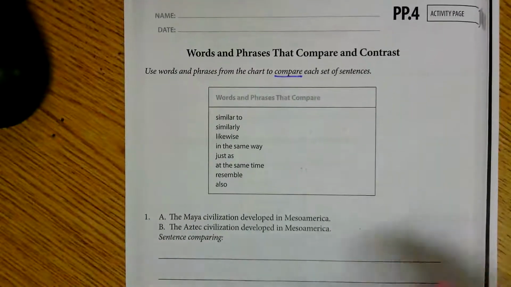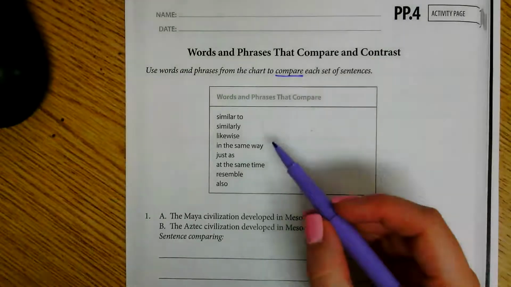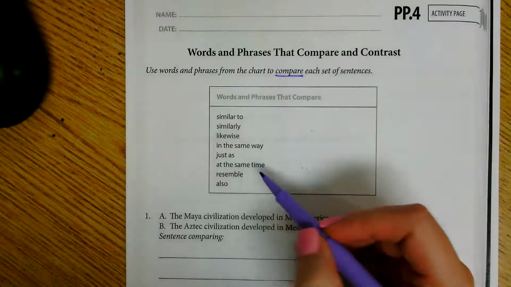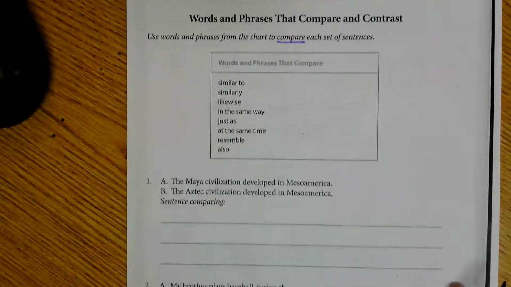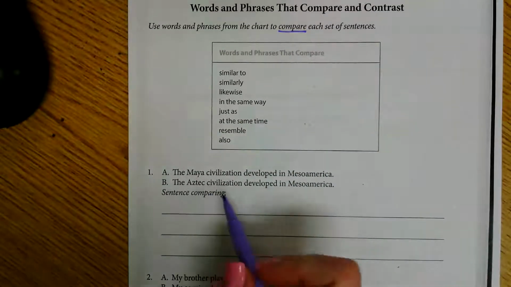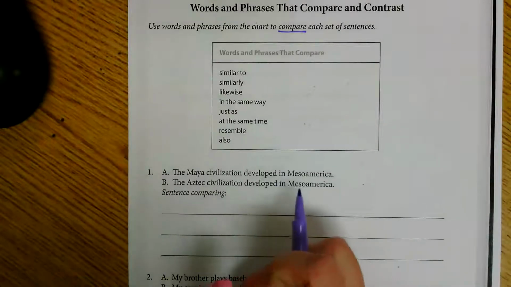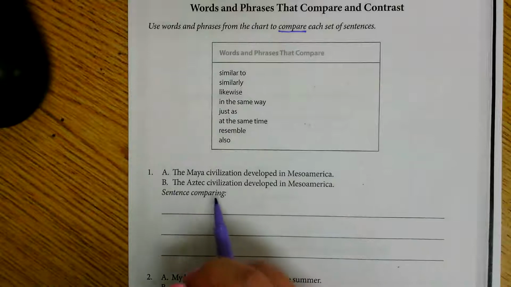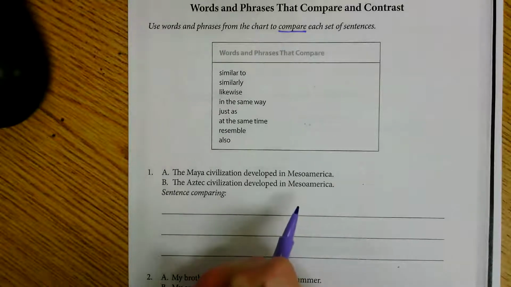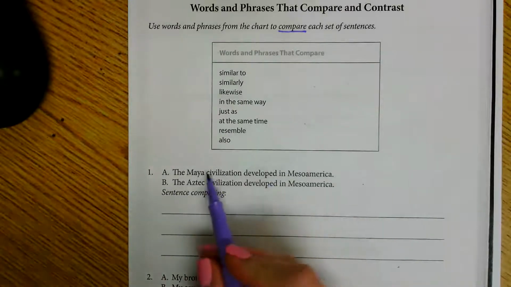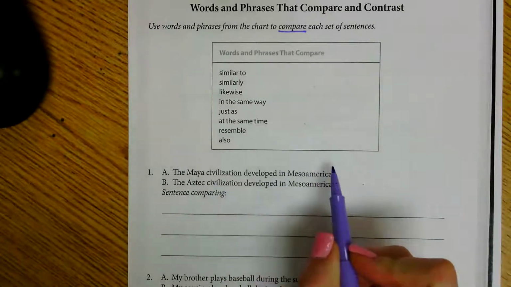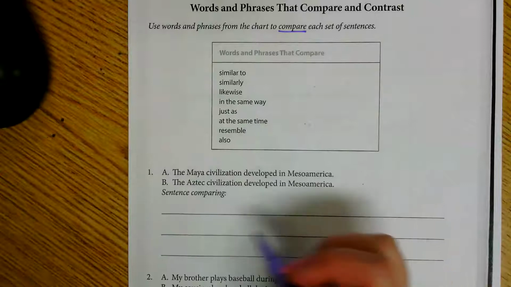All right, if I have to use words and phrases from the chart, that means I am choosing from these words right here. So let's look at number 1. It says, the Maya civilization developed in Mesoamerica. Sentence B, the Aztec civilization developed in Mesoamerica. All right, so I know that both of these civilizations developed in the same place. So I'm going to say